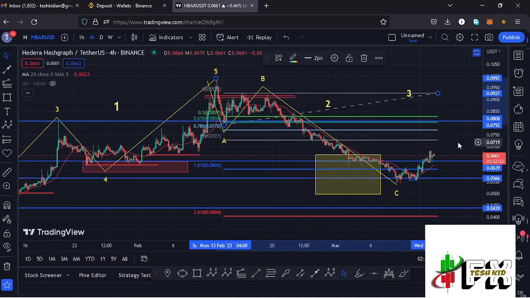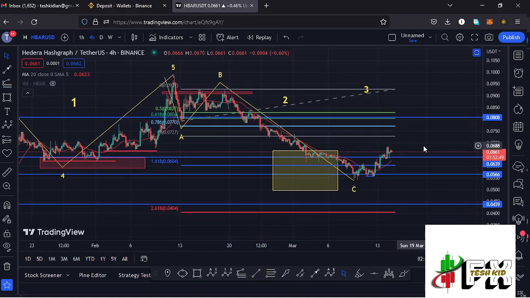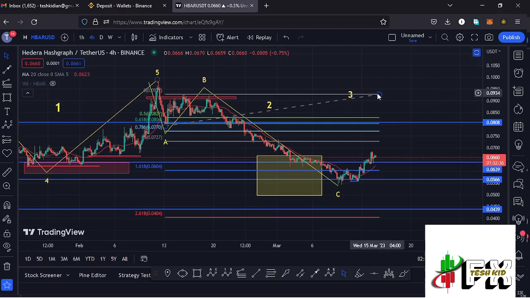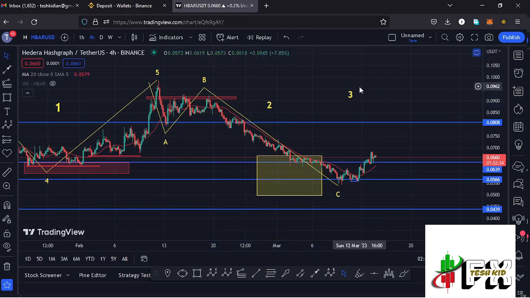That gave me a minimum target area to the lower side in the formation of that wave C at the fib level 1.618, and that is at around the $0.0604 mark, which is a target area that we fully maximized in a move that gave us a low at around the $0.0543 mark. And I now believe that whatever we are seeing at the moment is the start of this massive